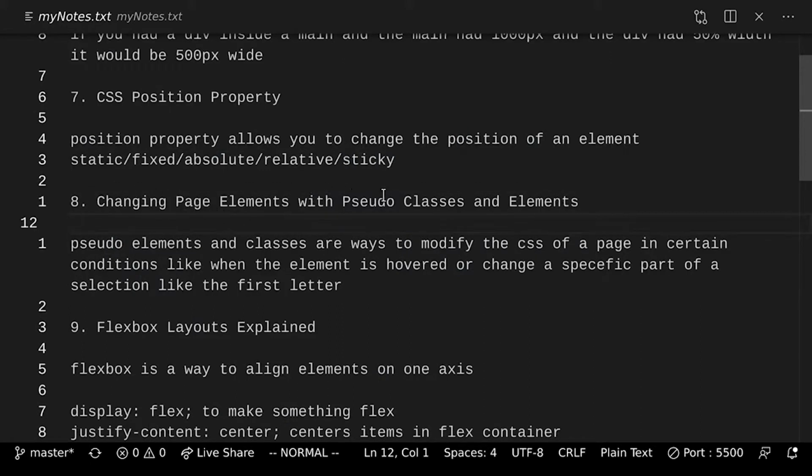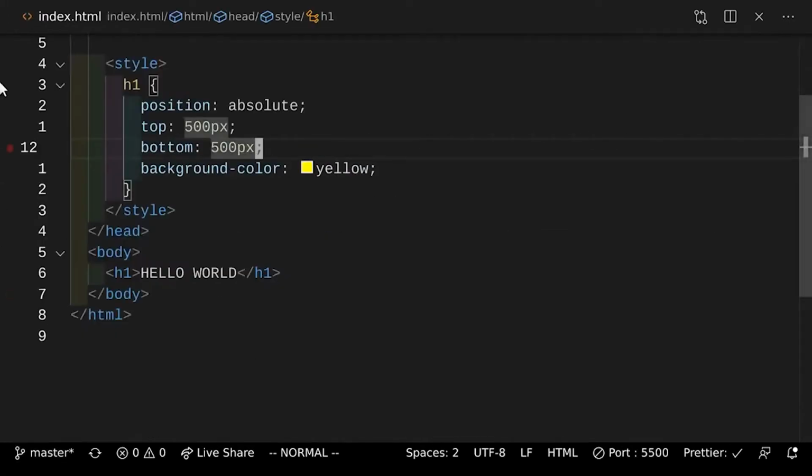Changing page elements with pseudo classes and pseudo elements. So basically, what are these? Pseudo elements and pseudo classes are a pretty cool concept. So how do they work? They basically let you select parts of your page or select your page in a specific state so that you can modify it. So for example, if we go back to our code here, we can basically change this